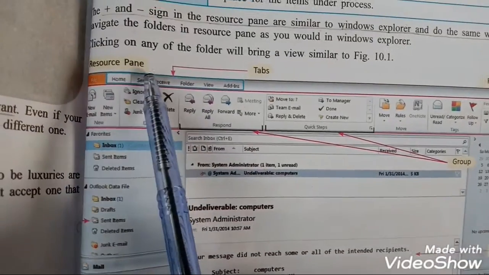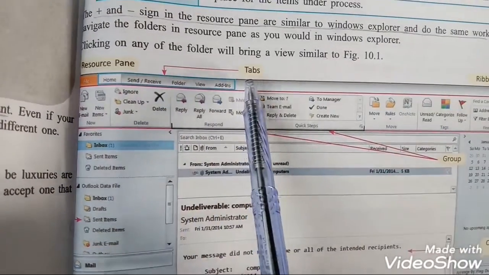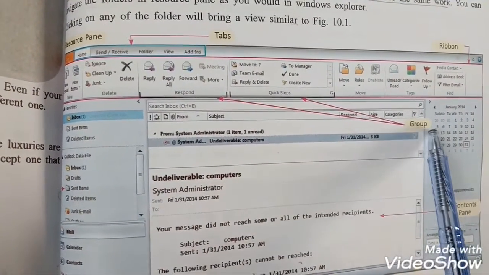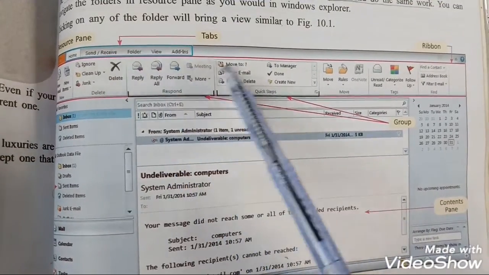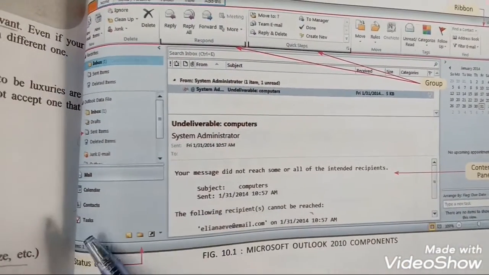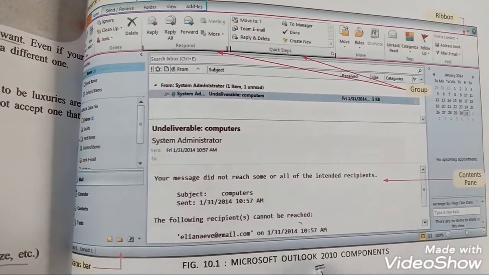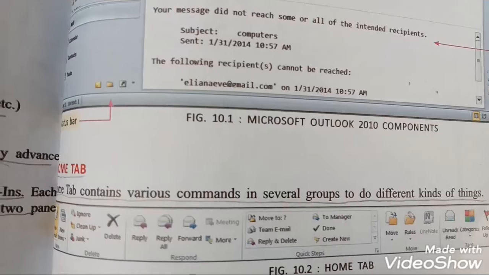And these are the components: resources pane, tabs, ribbon, content pane, groups, tabs, status bar.